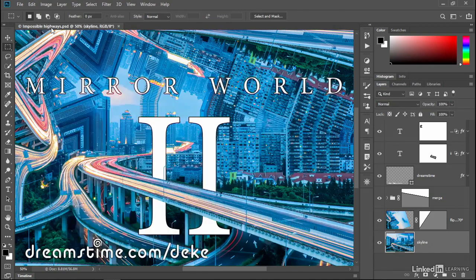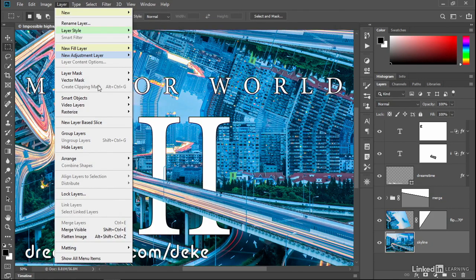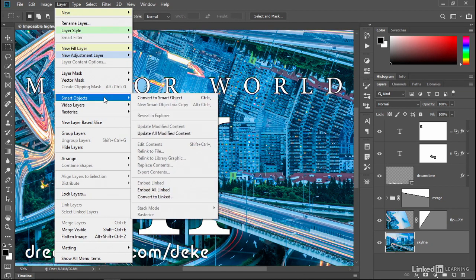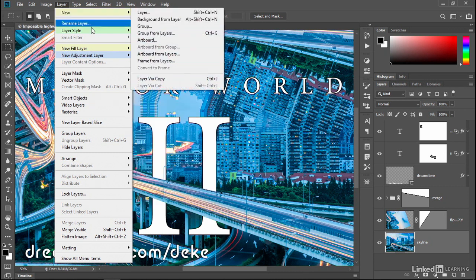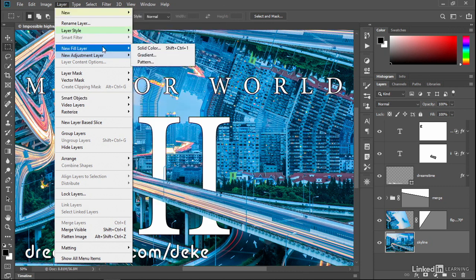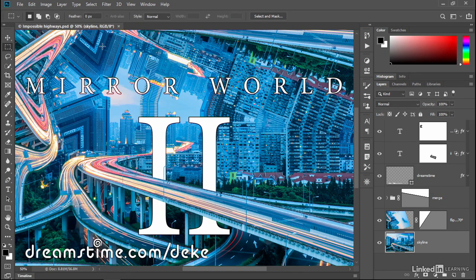I'll click OK, and I'll bring up the layer menu, and notice that this is just a super long menu with a ton of submenus available to it. And so I find that a little bit of colorization helps dramatically, just helps me navigate my way through this menu. All right, I'm going to go ahead and hide that menu by pressing the Escape key a couple of times,